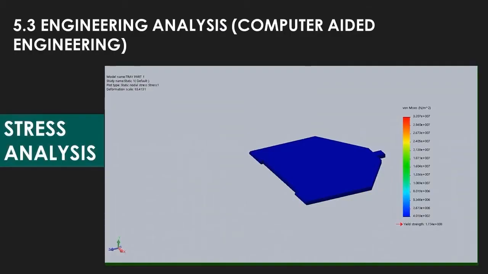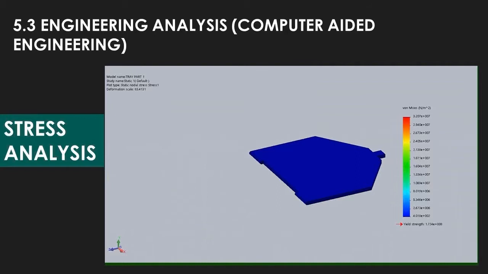Next is the engineering analysis. Stress analysis. For the simulation study, we have chosen the most critical part of our project that has to accommodate the highest load among the other parts. The load applied to the part is 981 Newton. The simulation analyzed characteristics of the part, which are von Mises stress, displacement, deformation and safety factor. The von Mises stress is a value used to analyze if a material such as metal will yield